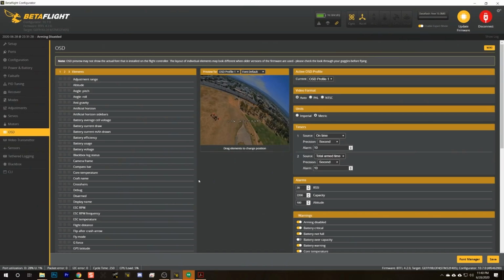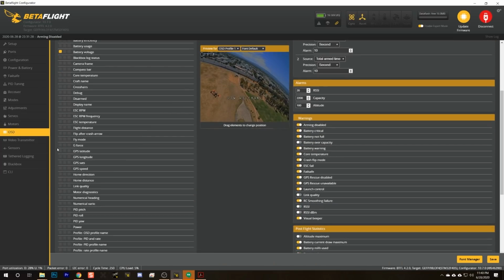So the 2 OSD elements that I'm going to encourage you to turn on include battery voltage and fly mode. Battery voltage tells you what your battery voltage is. It's how you know when you need to stop flying or you're going to damage your battery. A good rule of thumb is that you should discharge your battery to about 3.6 to 3.7 volts per cell. So for a 4-cell battery, that's going to be, well, you know what? You don't even need to do the math, because there's actually another OSD element, battery average cell voltage, that will